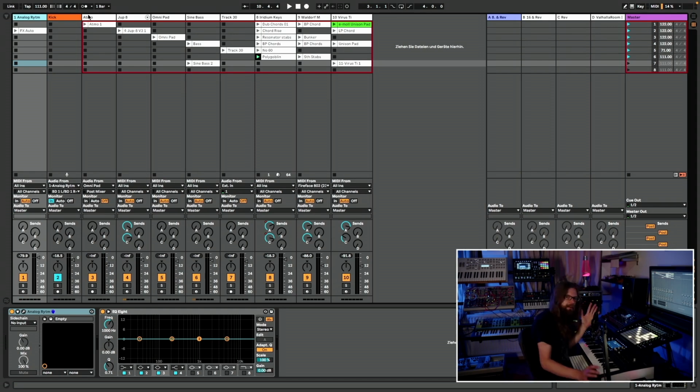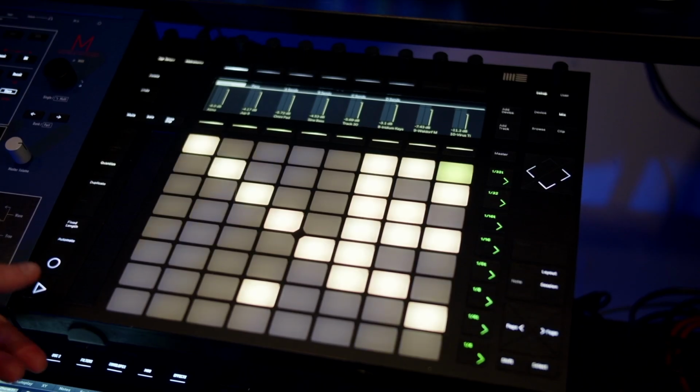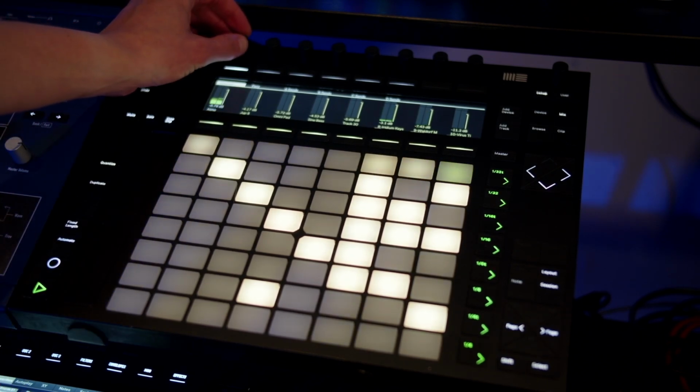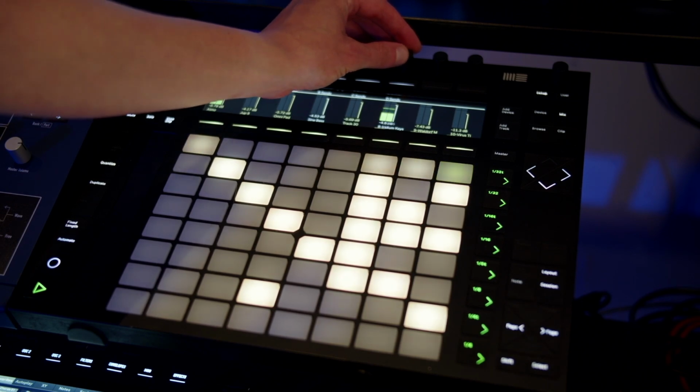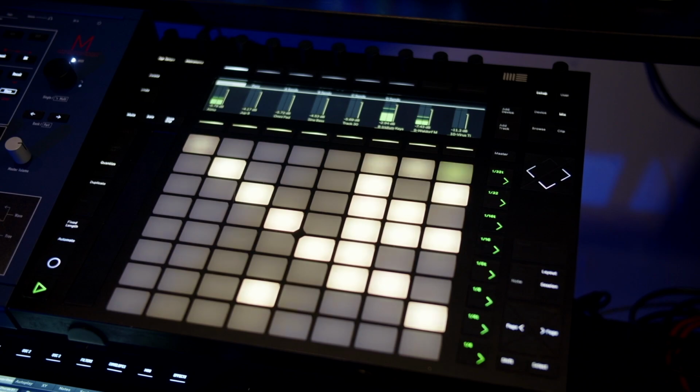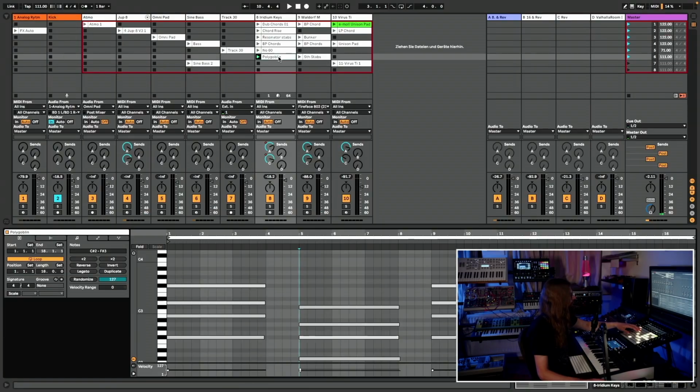The next good thing about having only 10 channels is that the rest here, channel 3 to 10, are all the sounds that I used in this live set, and they are always on one page on the Push console. I'm using the Push console to control the levels of the individual channels, and I also can immediately see which clips are active. Most of the sounds are prepared in clips, so when I click on them you see that